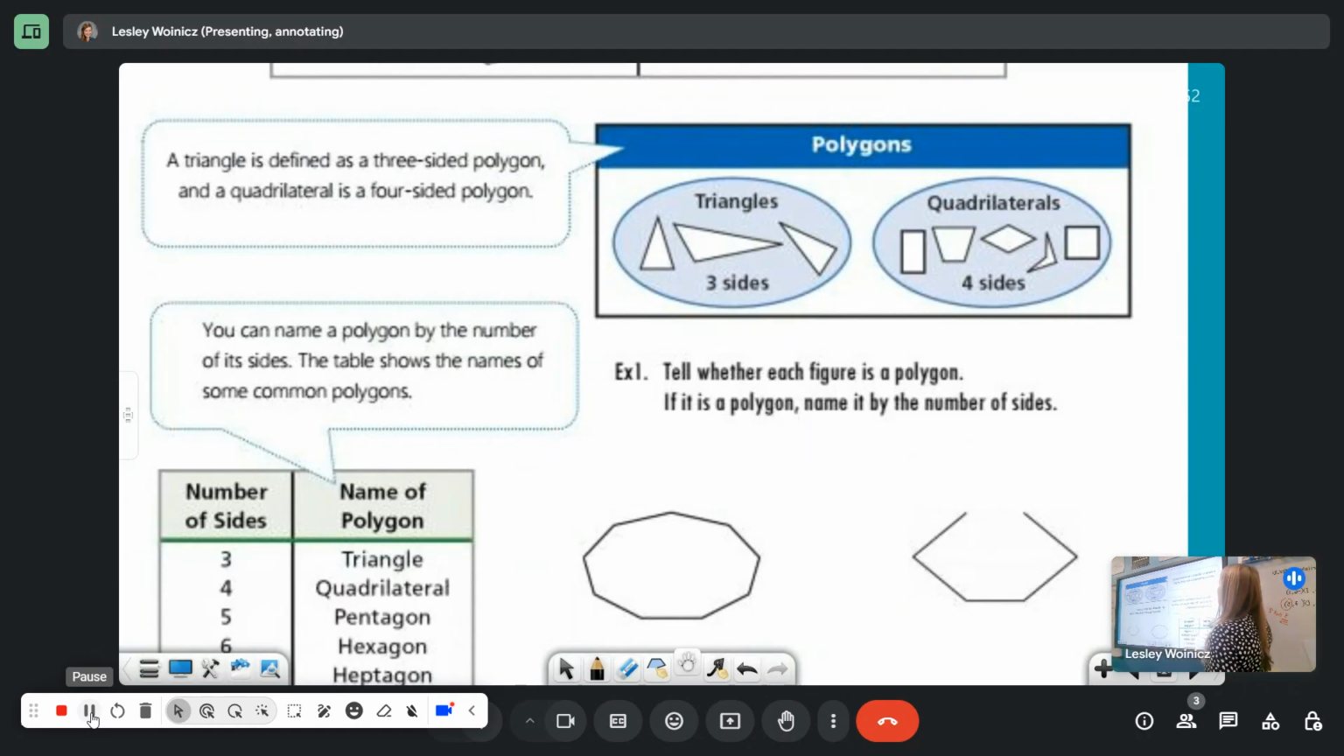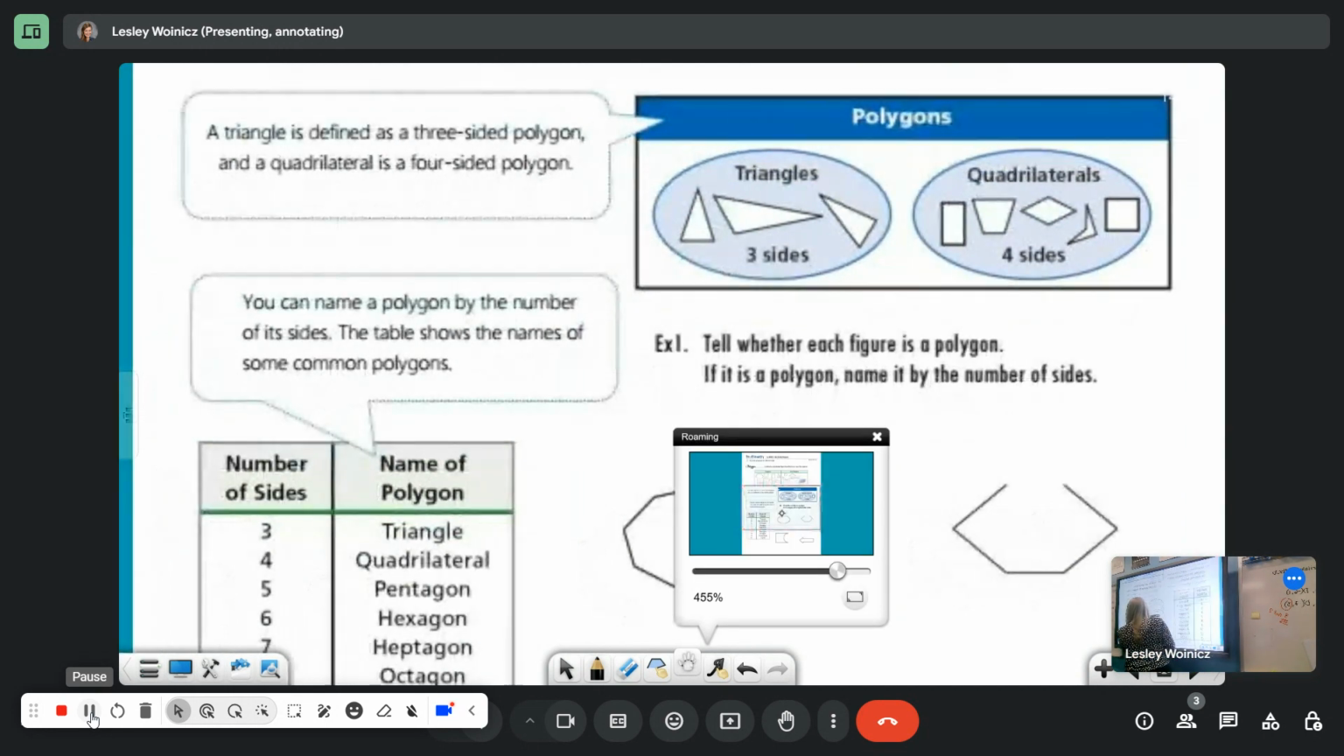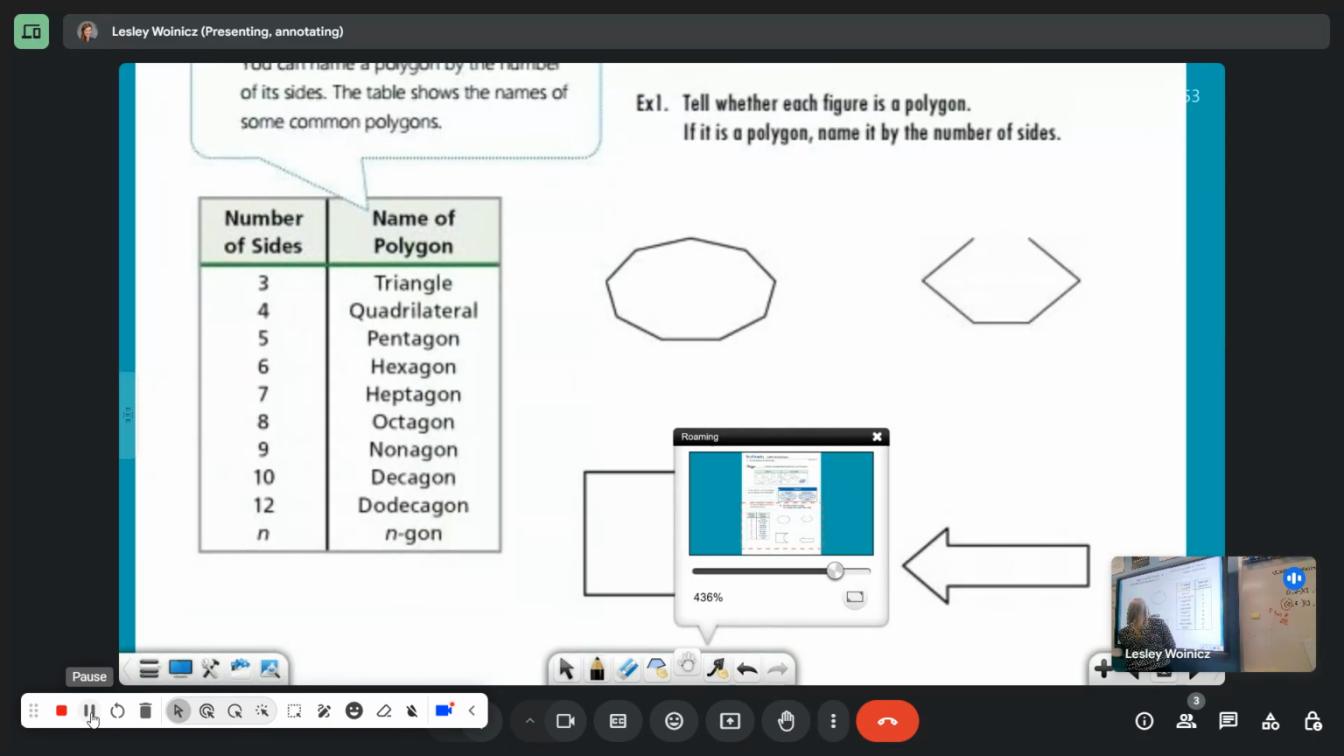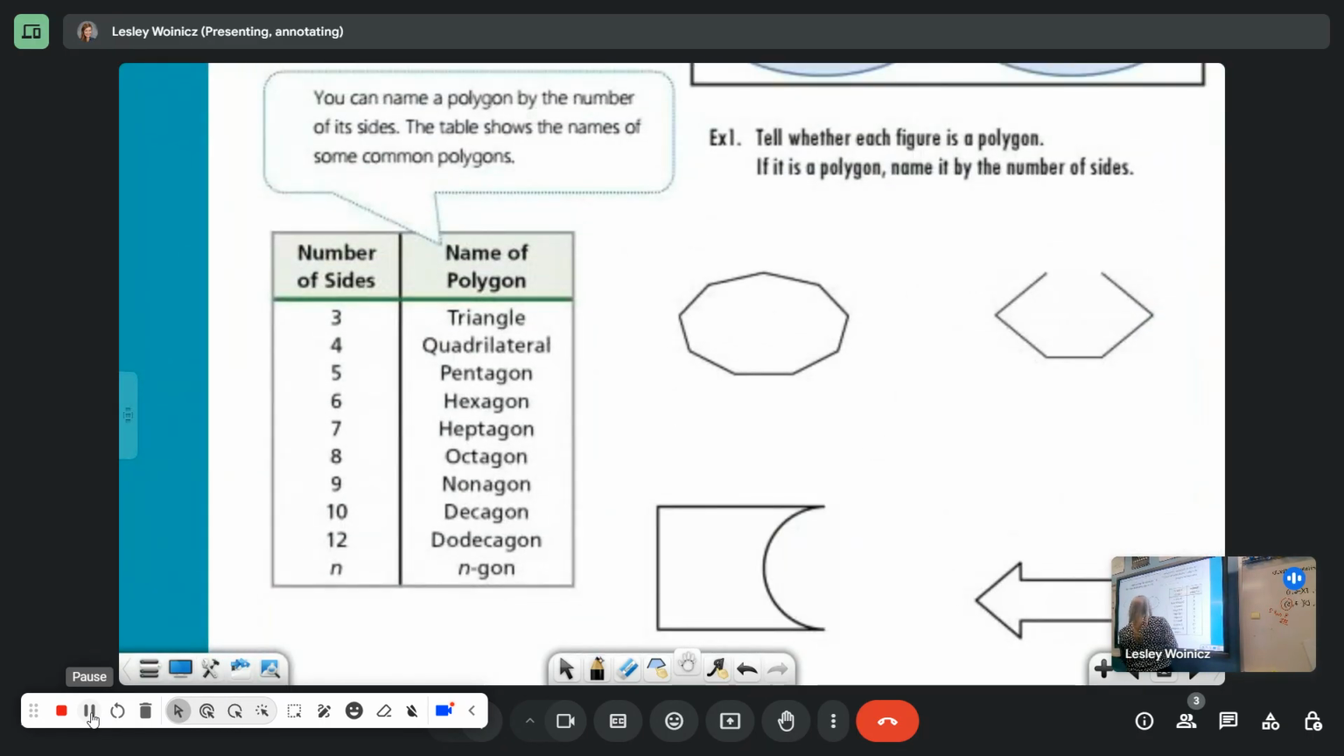Okay, a triangle is defined as a three-sided polygon, and a quadrilateral is a four-sided polygon. So those are special enough that they have their own little names. The rest of them are kind of named off of a pattern. It comes from Greek. Like tri is 3, quad is 4, pent is 5, hex is 6, hept is